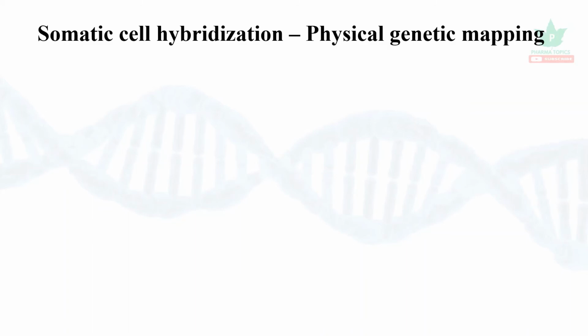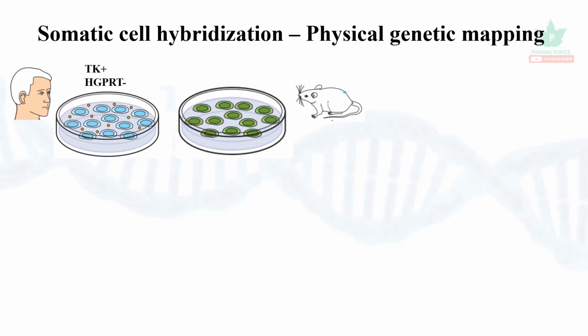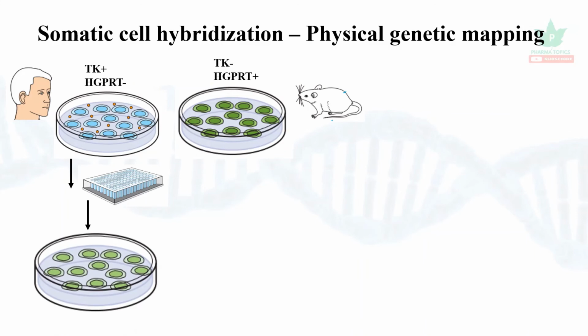Next technique is somatic cell hybridization. So here the human cells are taken. Here I have given an example. One is thymidine kinase positive with one gene knocked out, which is HGPRT negative, and mouse cells are taken having one gene knockout, but the opposite of that in humans, that is, thymidine kinase is knocked out and it has only HGPRT. When they are fused together, it leads to formation of hybridomas. So the cells survive only when they fuse and they acquire both the genes for cell division.